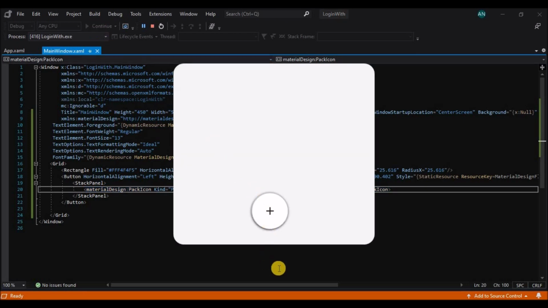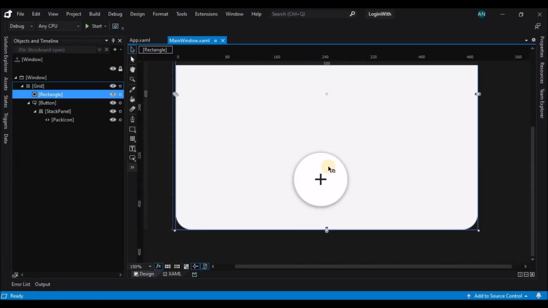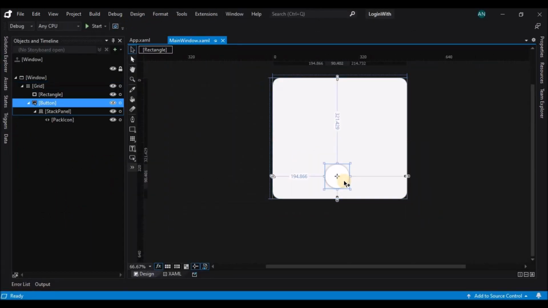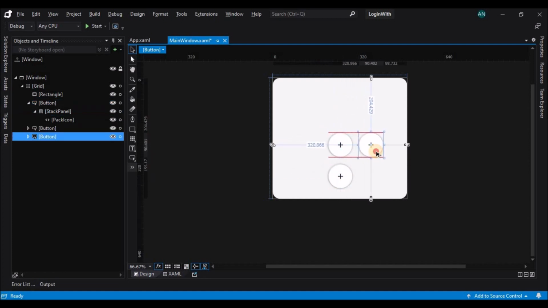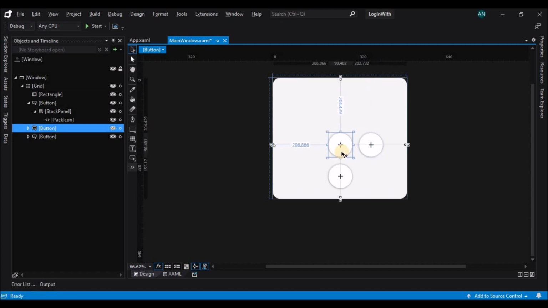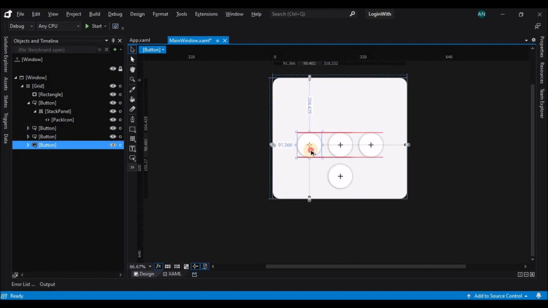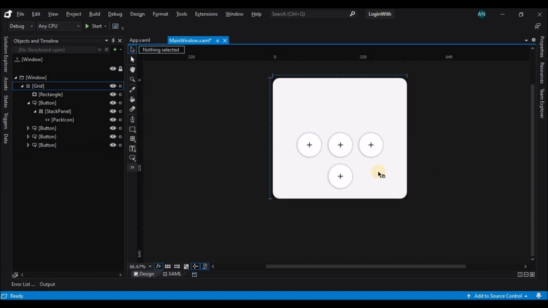Okay, so let's duplicate the button. So let's hold on to the Alt key and drag the button. I'm duplicating it thrice, and let's adjust the position.